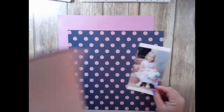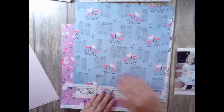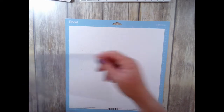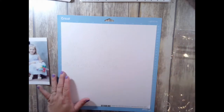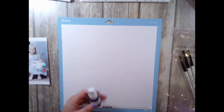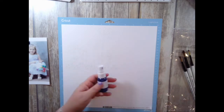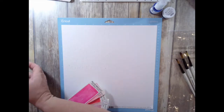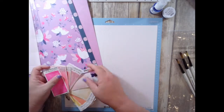Hey everyone, it's Samara here with a process layout. I created this layout of my daughter at Easter, and I wanted to use shades of lavender. I also had this idea of using a cut file, so I went into the Cricut store and found a bunny cutout from Miss Kate Cuttables,